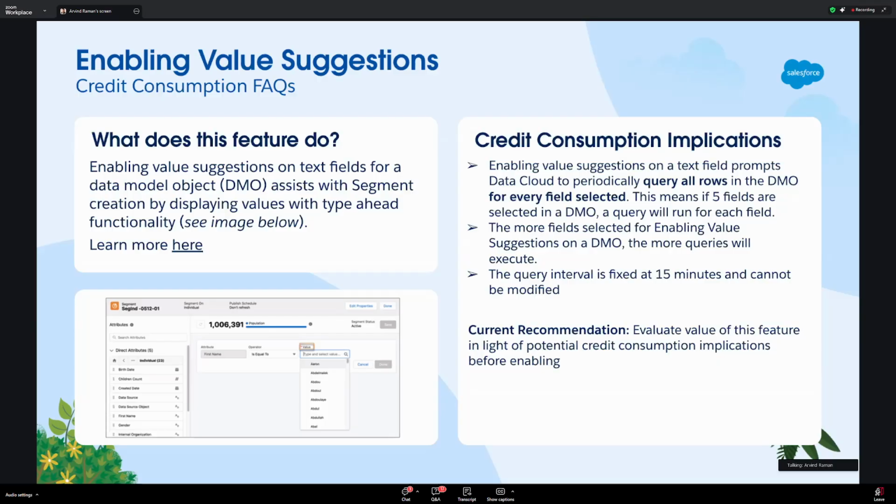Where now it's going to pick the top, I think, 1,000 commonly occurring values for a text field. So it makes it easier on your marketer. Now, enabling value suggestion also costs credits as well, right? So in terms of when you enable this,